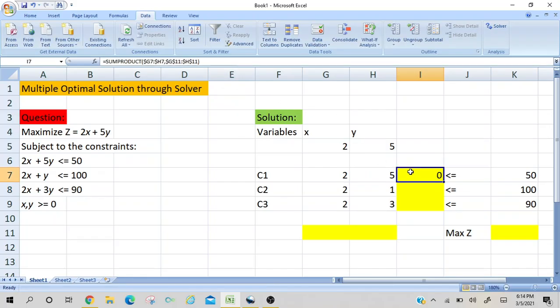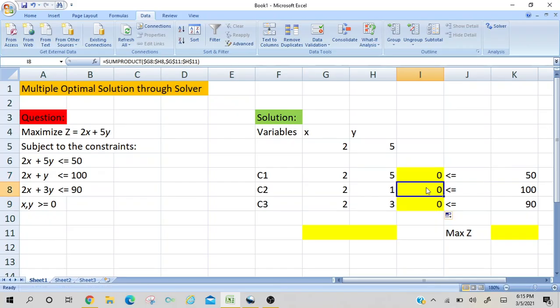Then after that go to cell I7 again and bring your cursor to the lower right corner. As you do, your cursor turns into a black plus sign. Click on it, hold it, and drag it down to cell I9.